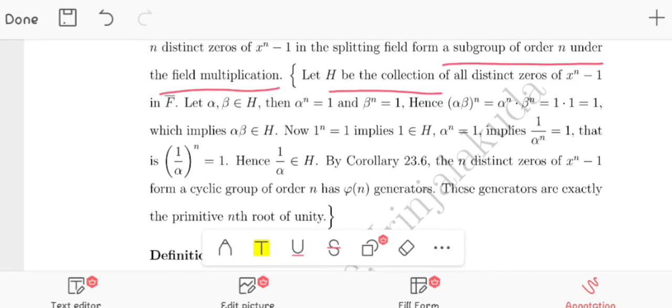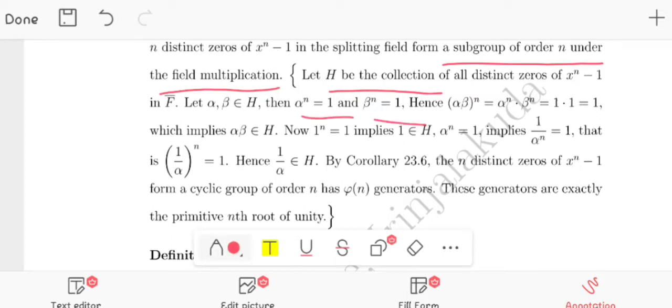Let α, β ∈ H. Here α and β are the zeros of x^n − 1. So we have α^n = 1 and β^n = 1. So we have to check if it is closed under multiplication, if it has an identity element, and if inverse